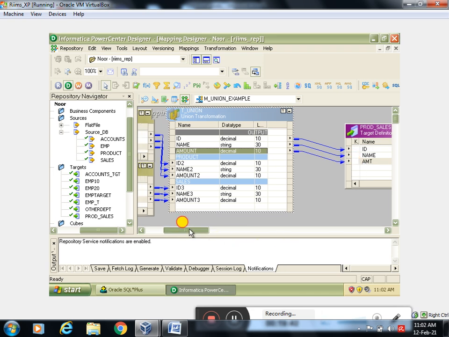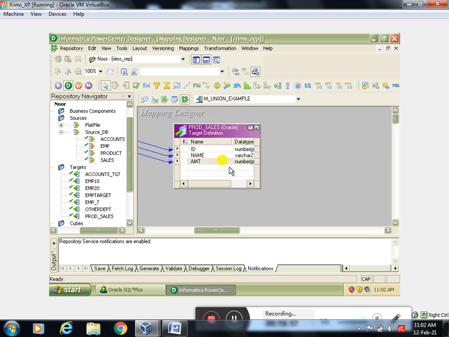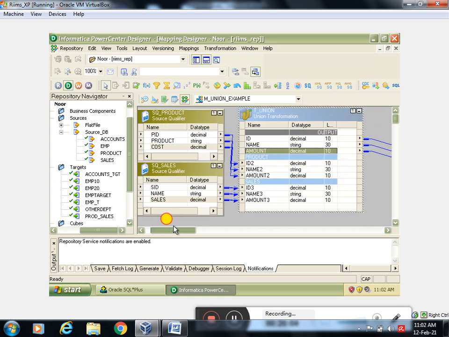So how does the data flow here? The data is coming from 2 sources and passing to the union transformation. Here it is merged and stored in the output group. From the output group it goes to my target table. So it is completely reverse to our router transformation. Here there is no filter condition like router transformation. We are just extracting the data from two sources, storing it in the union transformation, merging it together and sending it to one target, right?